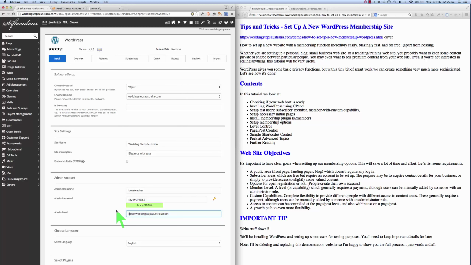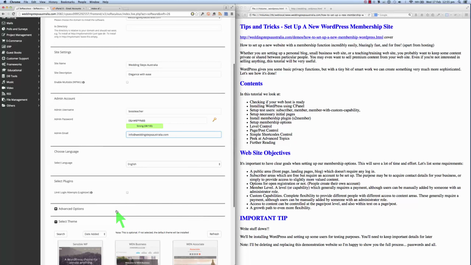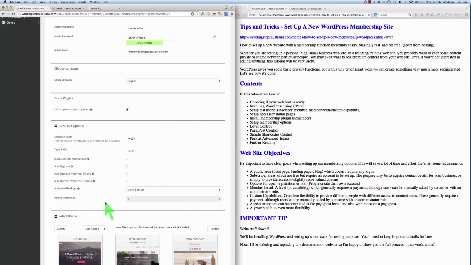Okay, so that's correct now. Moving on, choose the language, yes, English. Plugins: login limiter, that's always a good idea, it just gives you a basic level of protection on your website. Advanced options, you probably don't want to muck about here,